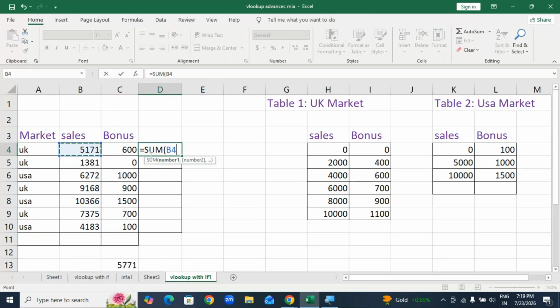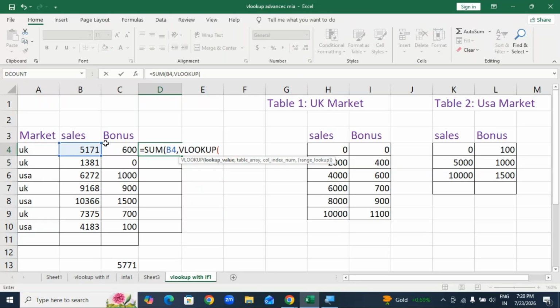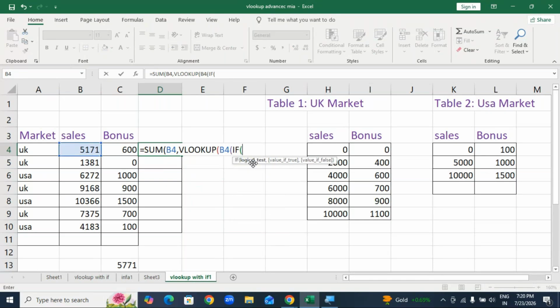That's why we selected SUM before. After that, open the parenthesis, VLOOKUP function, or else comma, VLOOKUP. We can apply like that. VLOOKUP function, lookup value. So this is my lookup value. Again, I have to apply the IF function also. IF logical test means this value is